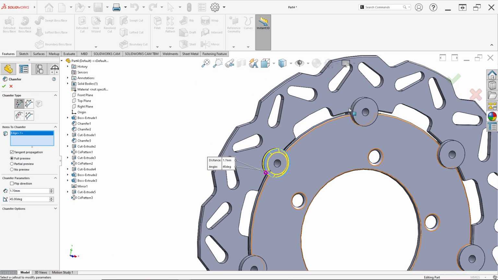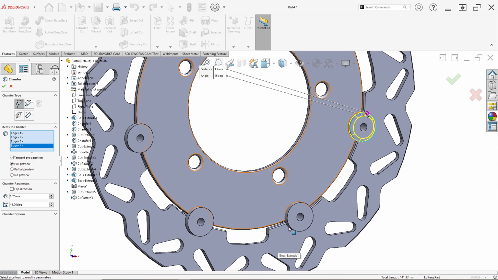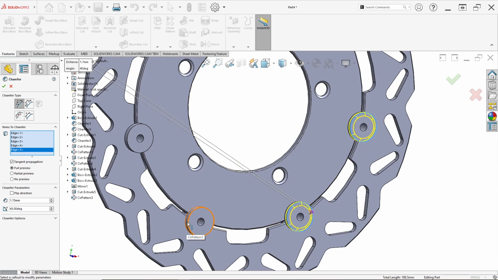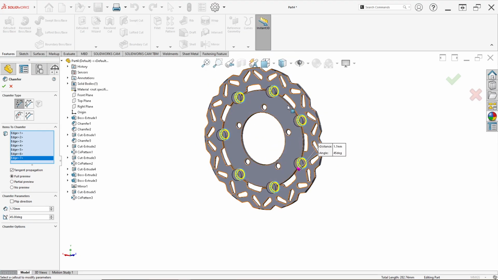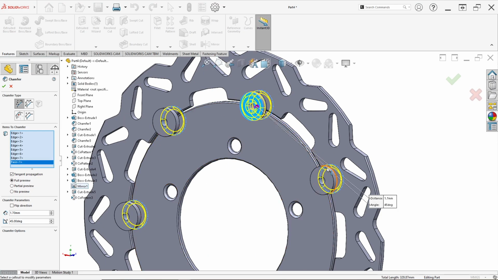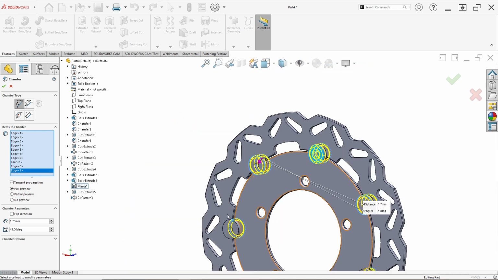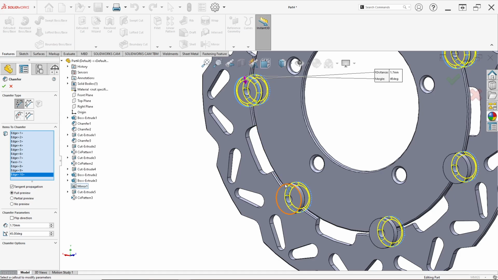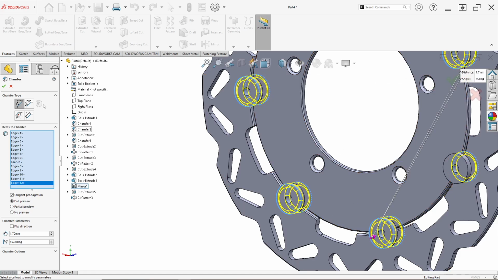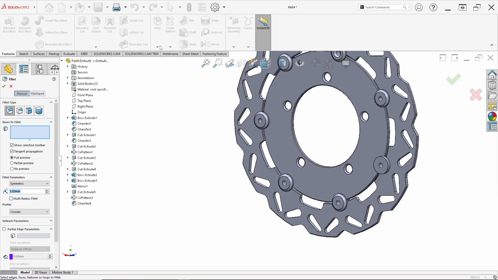Click this edge, this edge, this edge, this edge, this edge, this edge, this edge, and in the back we can set in this edge, select this edge, like this edge, and this edge. Just click OK, and click fillet in here.